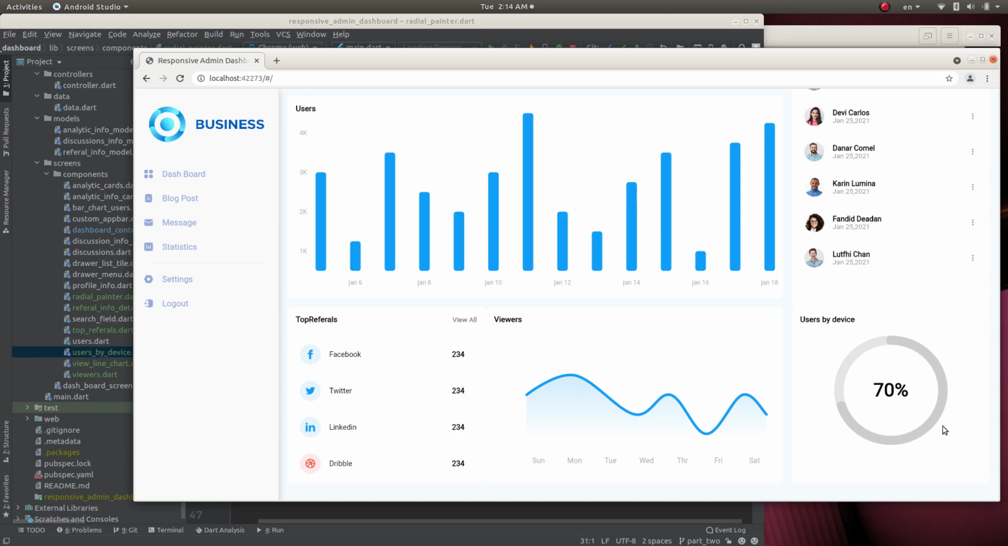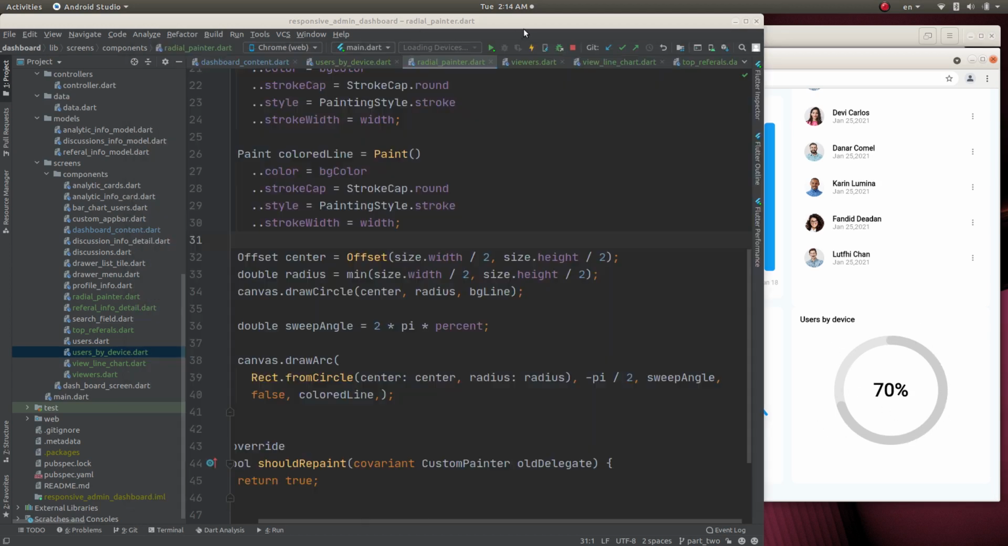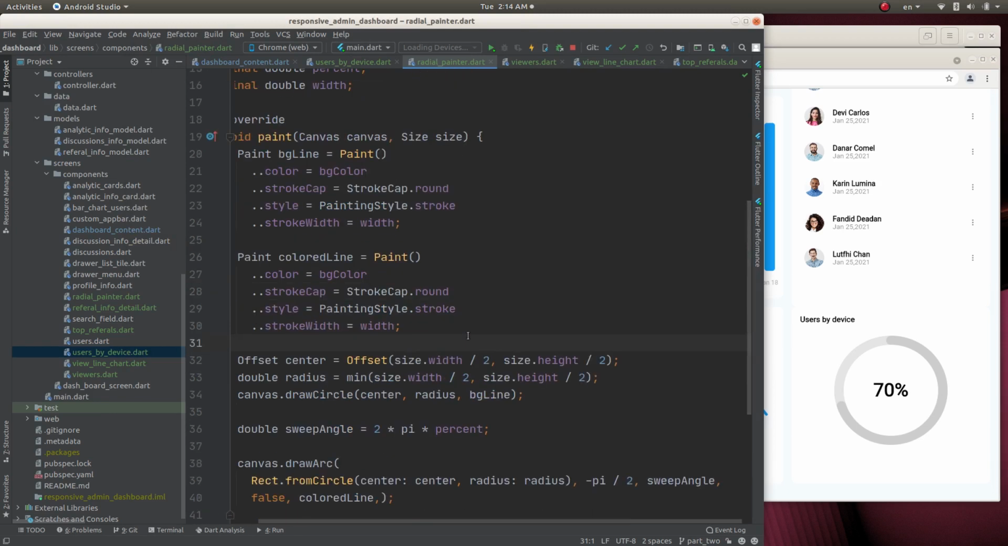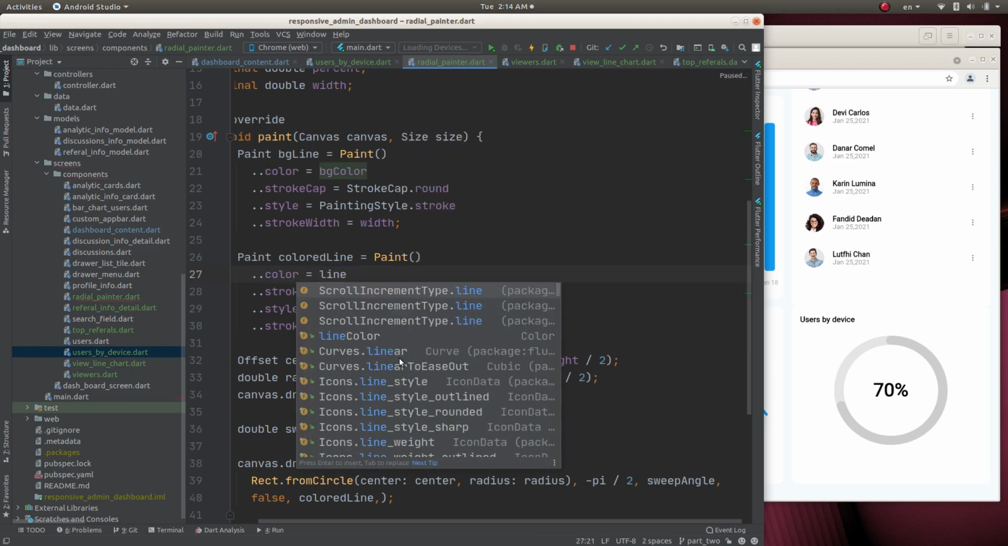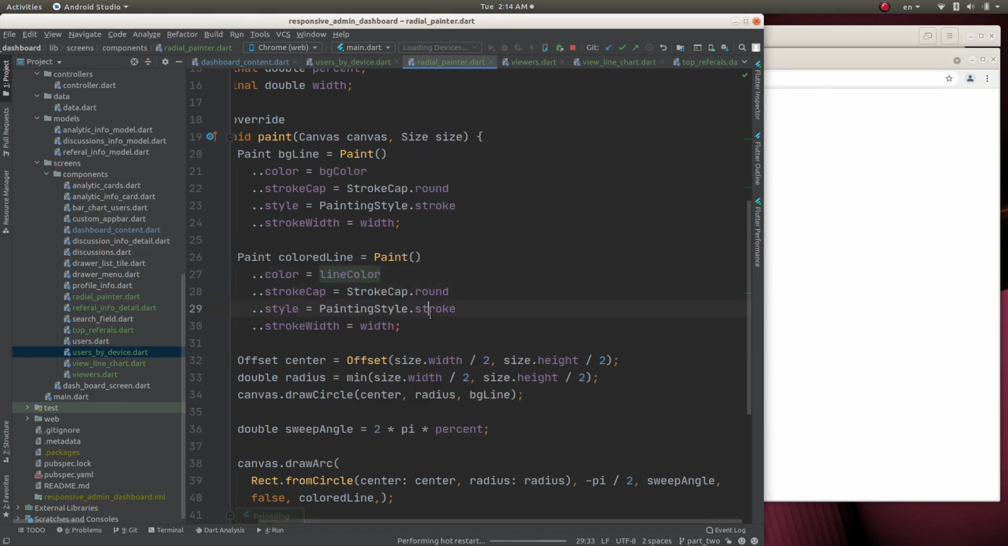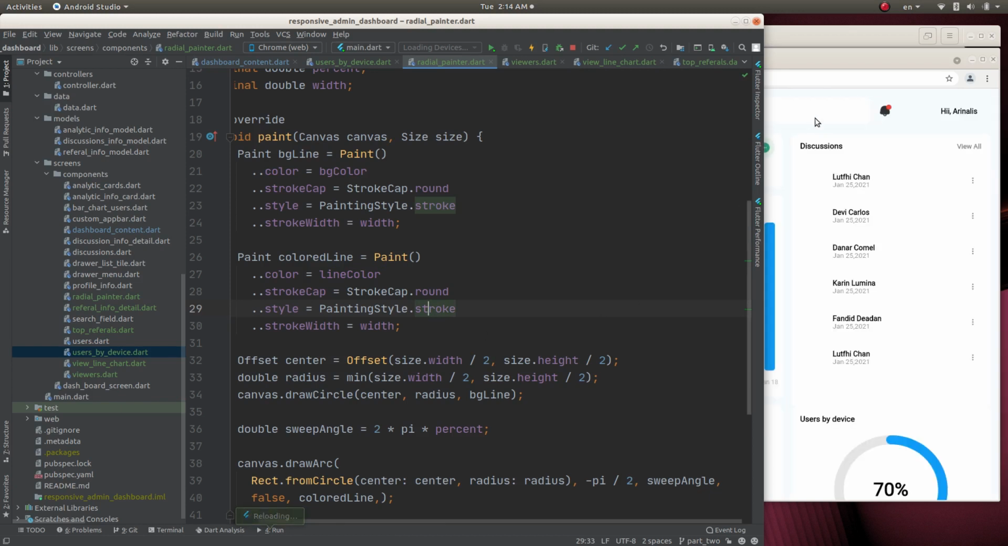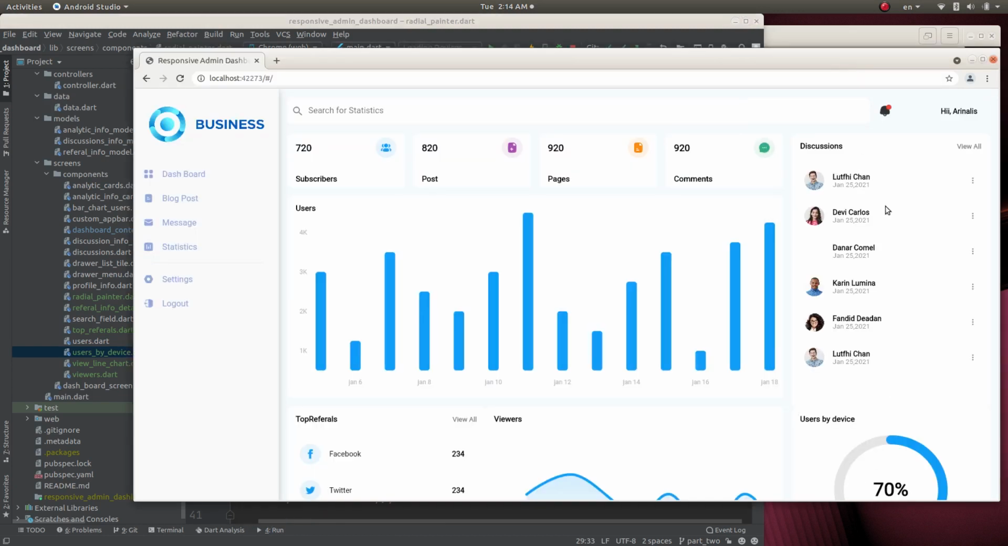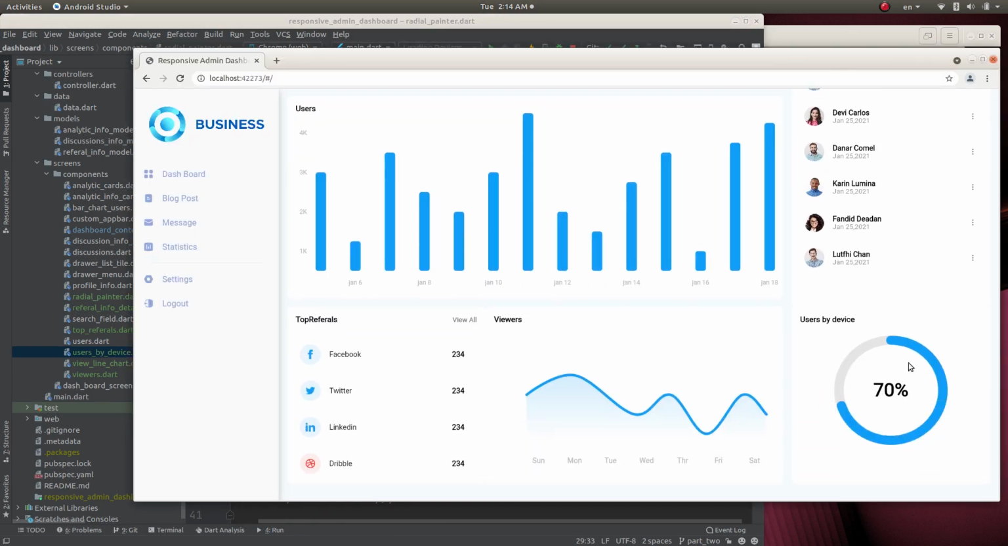Okay, the color is gray. To change that, change the background color to line color. Yeah, that's completely perfect. Now we have to create the